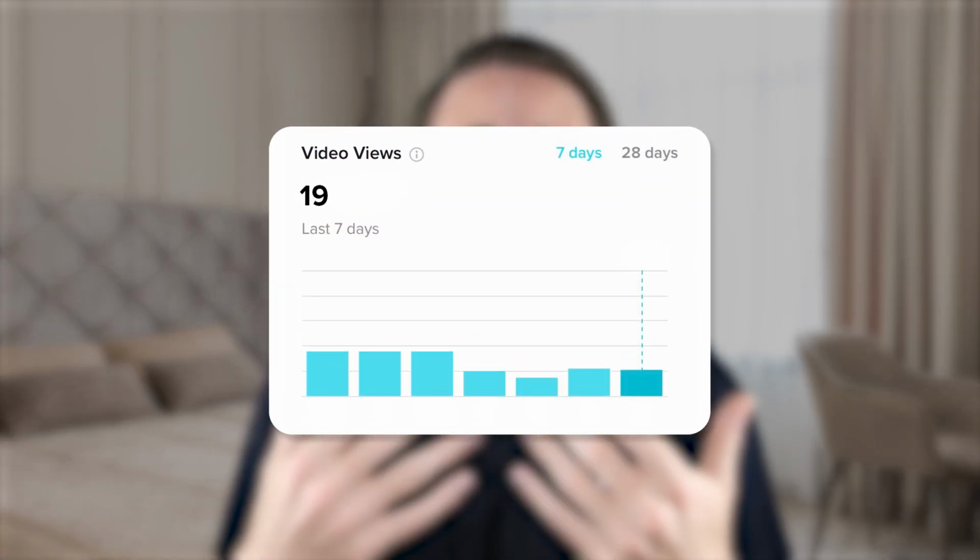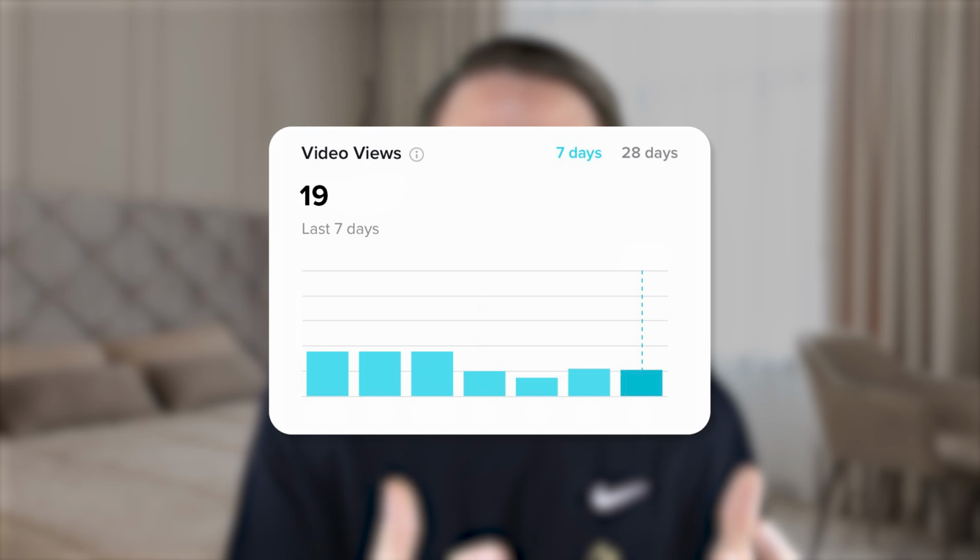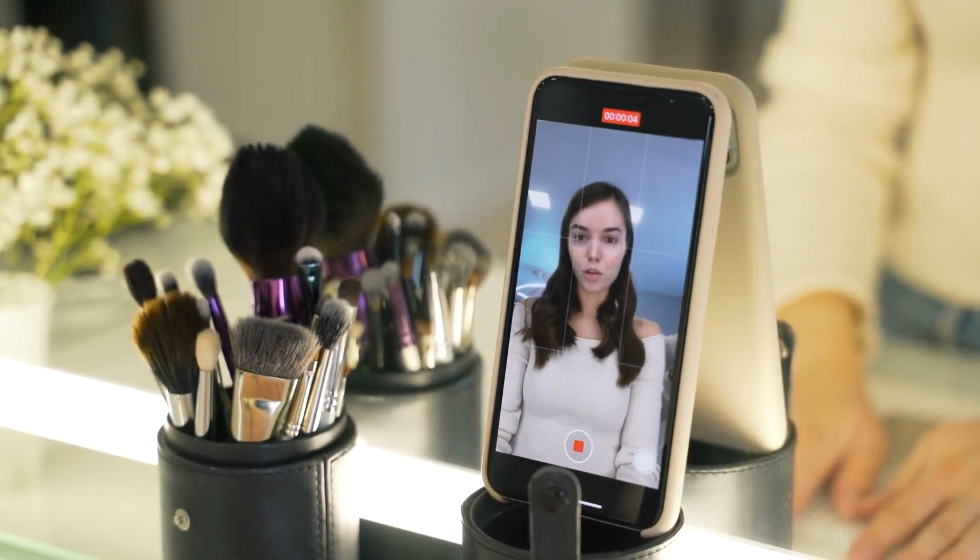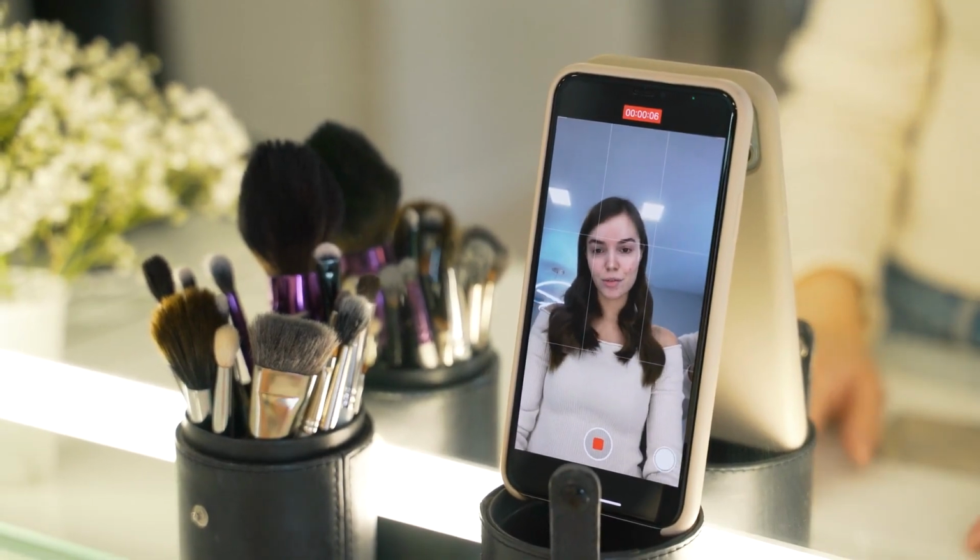Now the way that it works is you upload a piece of content, and TikTok is going to determine whether or not there's a big audience for that piece of content or whether or not there's a small audience for that piece of content. And if it falls under that there's a small audience, this is going to decrease the amount of views that you get, and ultimately it's going to limit the amount of views that you get. So the way that you actually get views is making sure that you're creating content that TikTok has a big audience for. And the only way that you can figure this out is by simply doing some research or by doing a search on TikTok.